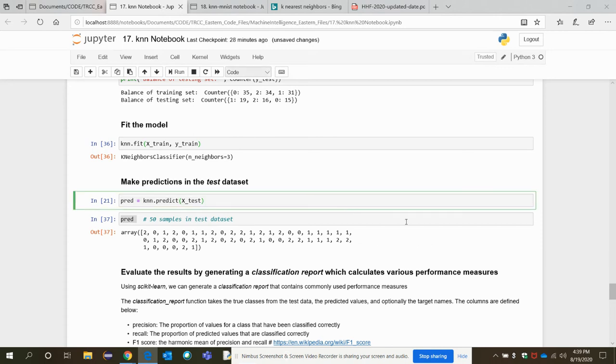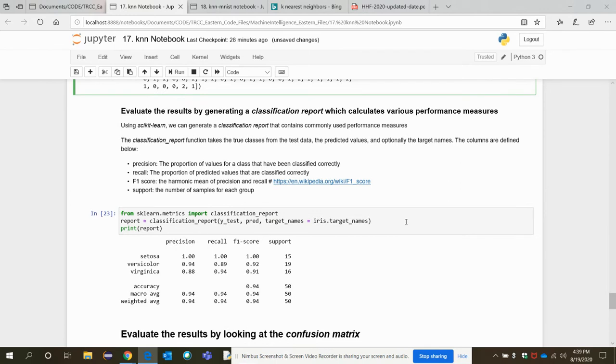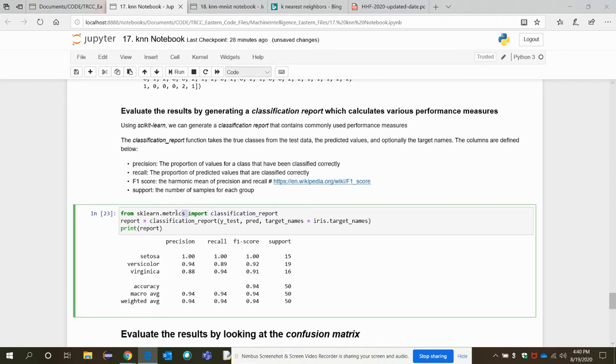To have a clearer specification, we need to evaluate the results by generating a classification report. I mean, how is our classification method KNN performing. So for the performance measure, we need to find out the classification report. So how to use it? You need to import it from sklearn.metrics. Okay, and there is a classification report function we need to call, and